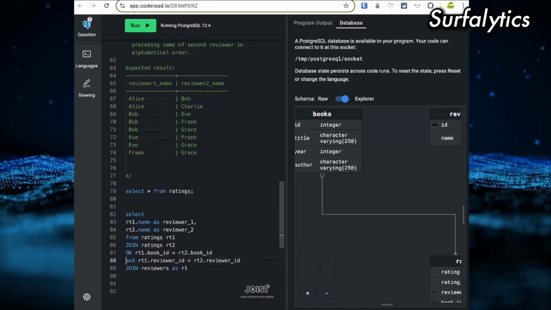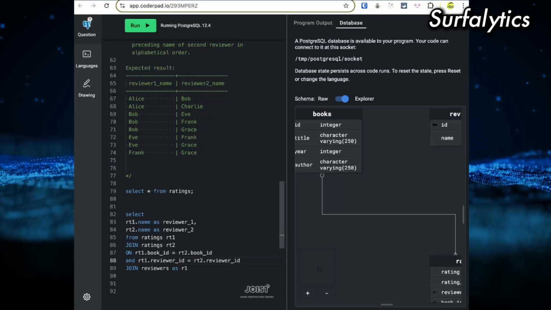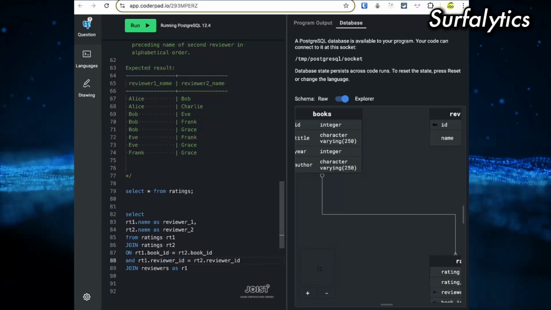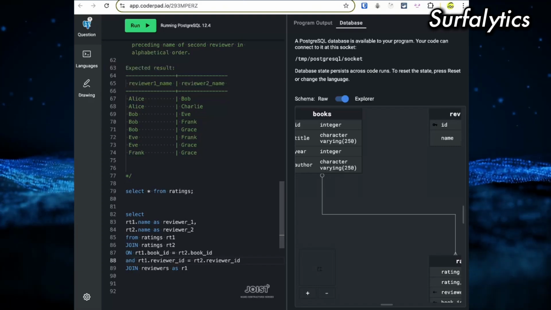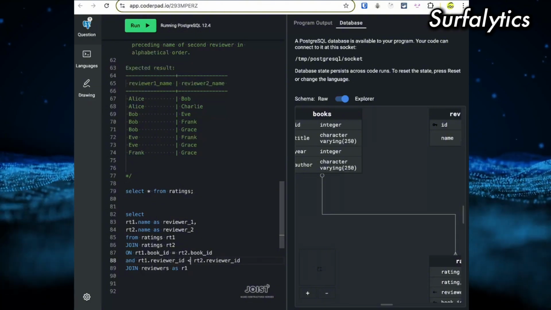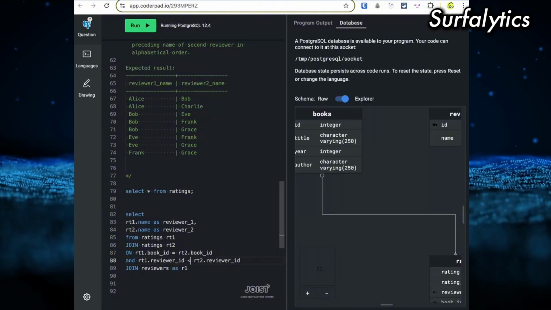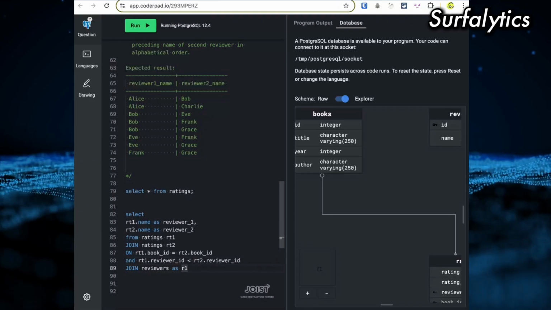Yes, that is correct. And I need to find from rating 1 reviewer ID, and it should not be equal, it should be less than rating 2 reviewer ID.